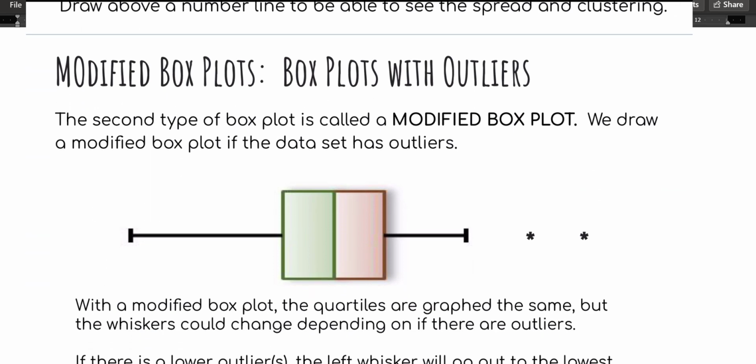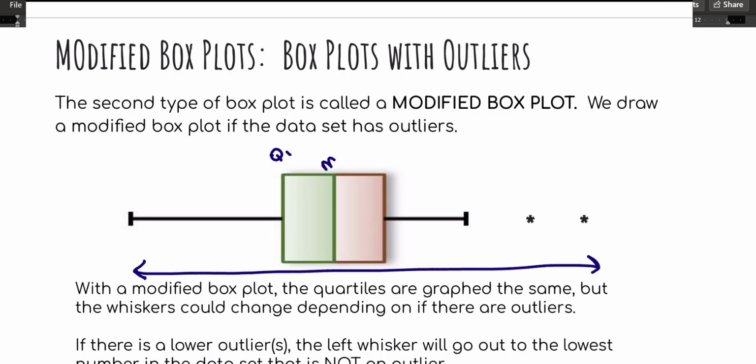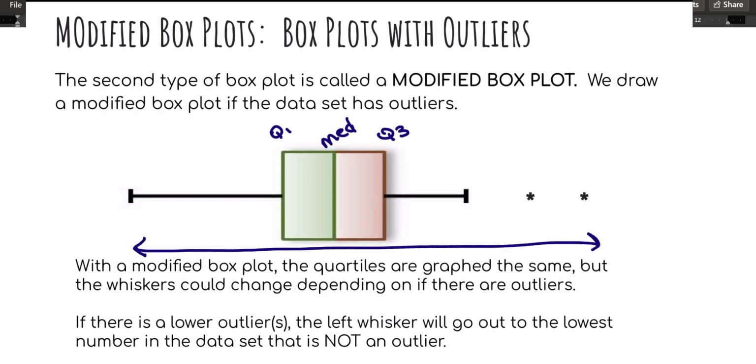We also have a modified box plot. Also, with modified box plots, you will have a number line underneath, right? And so this one is similar, okay? The box is still made up of Q1, the median, and Q3. The difference, though, is that this and this is not necessarily the min and max. This is the lowest